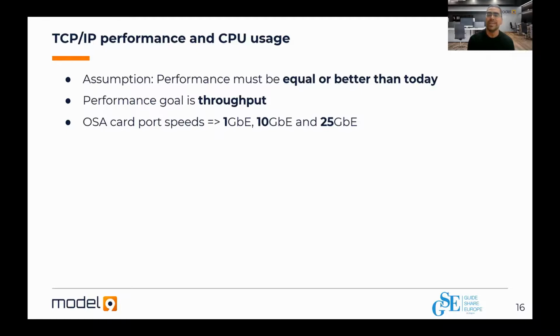Even if you have 1 gigabit OSA cards, that doesn't mean that's your maximum throughput. Multiple OSA cards can be multipathed together, meaning if you have 4 1 gigabit OSA cards, we can utilize them all with the multipath TCP/IP parameter. This will force TCP/IP to actually send the data across all the OSA cards and not just a single one, which will allow you to get higher throughputs as well.